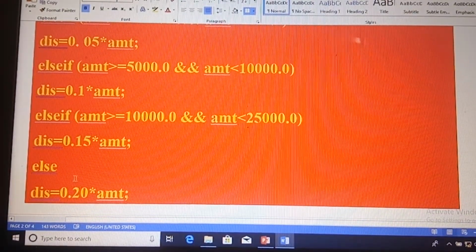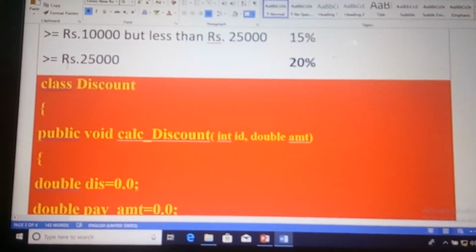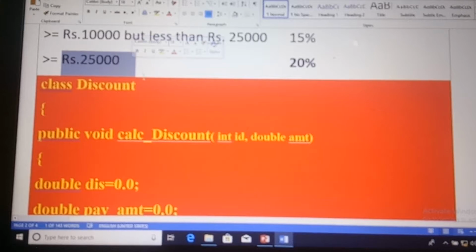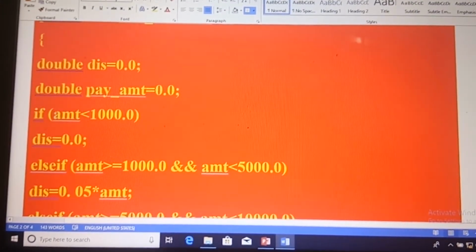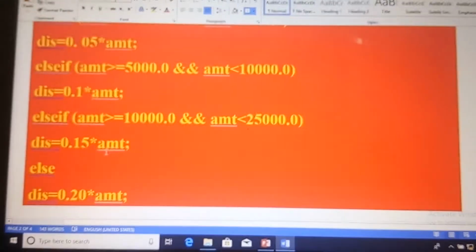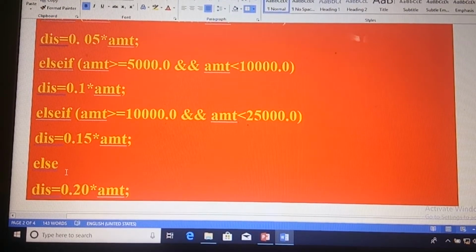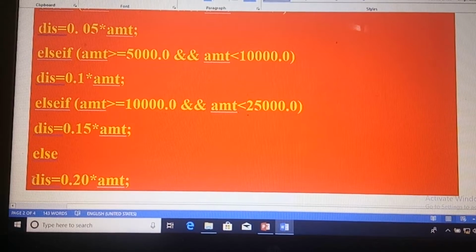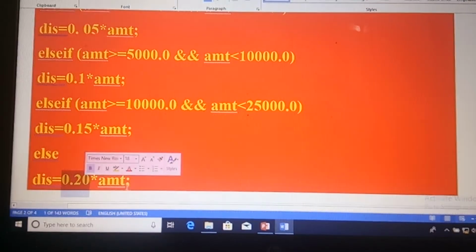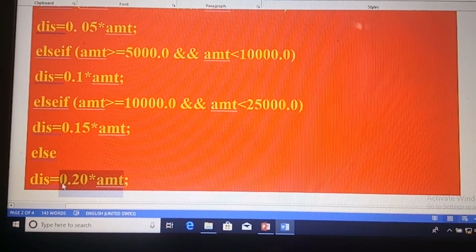Else means if the amount of purchase is more than or equal to 25,000. The last condition need not be specified, because if none of these conditions are true, of course the last condition only will be true. So no need of specifying the condition here. We simply write else DIS equals 0.2 star AMT, which is 20% of the purchase amount.